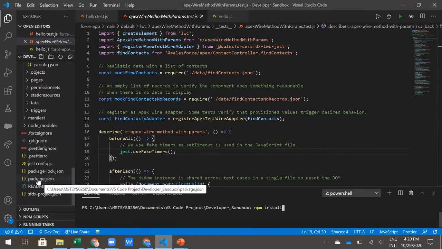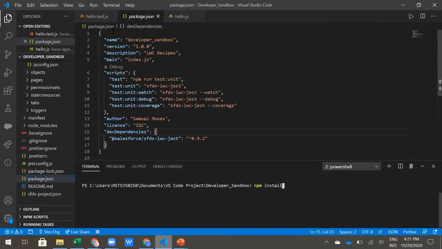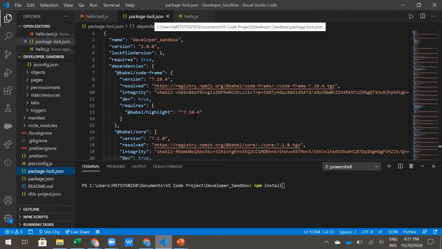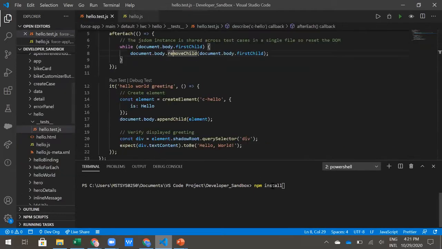So this is the package.json file. You can see it once you run npm install. I already ran the commands so that you could see this package.json file. Here you can see all three scripts have been added. By running the third command, it will create the package-lock.json file. We need not worry about this. All this process happens in the background, so just sit back and wait till the command ends.